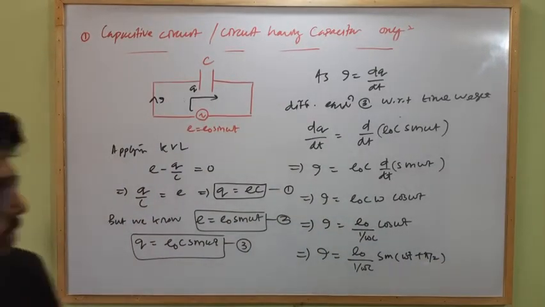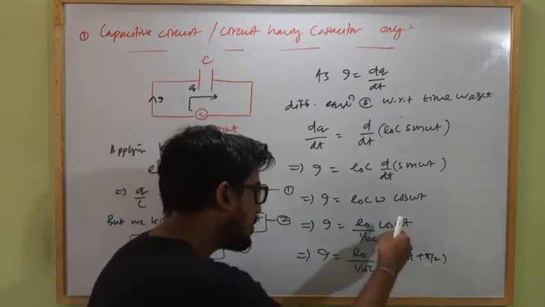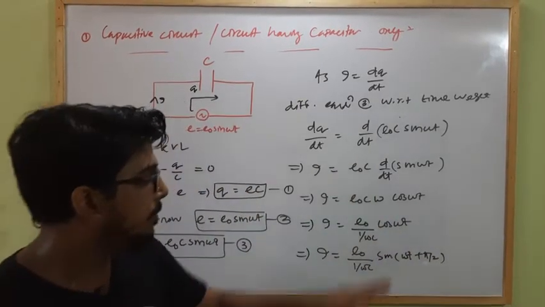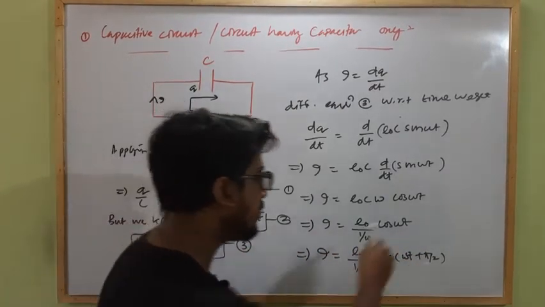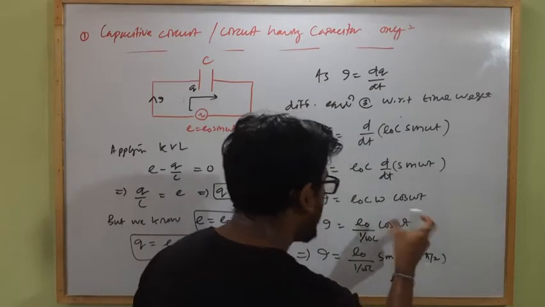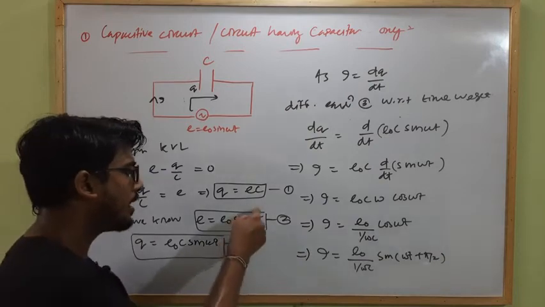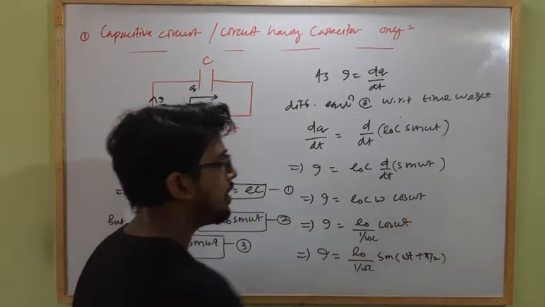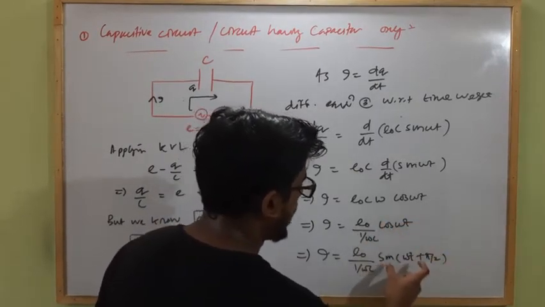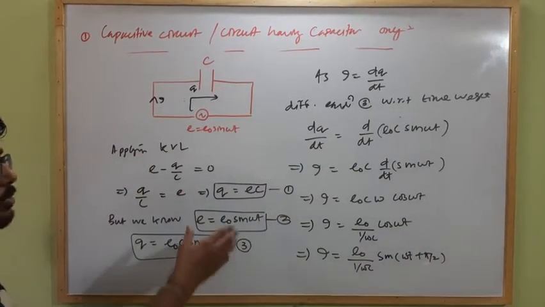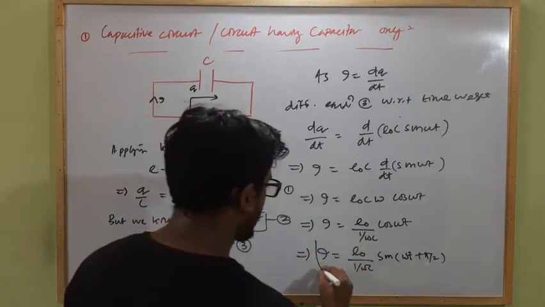Okay, then there is a question: if cos omega t equals sin of omega t plus pi by 2, this can also be written as sin of 90 minus omega t. But why do I write sin of 90 plus omega t? Because if I write sin of 90 minus omega t, it will be difficult to compare the phase, since here omega t is positive and there omega t will be negative. Clear? So we write it in positive form, that's why I am writing sin of omega t plus pi by 2; that will be easy to compare the phase.